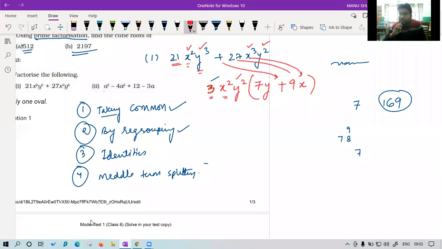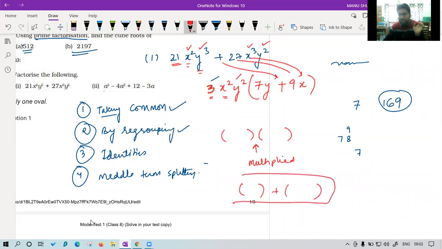If you remember the topic when I told you, factorization means when the expressions are getting multiplied. If you remember class, we say that we have obtained the factor form if the expressions are getting multiplied with each other. But if you have something like this, will we say it is a factorized form?